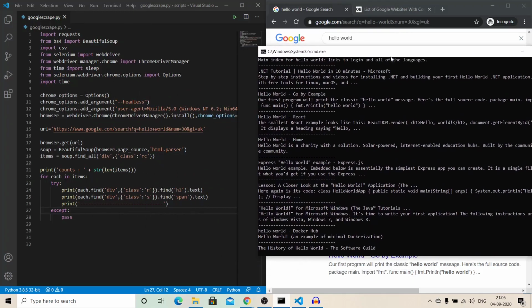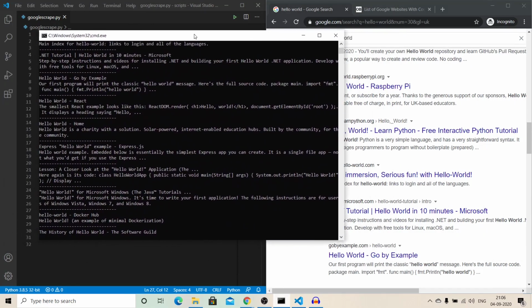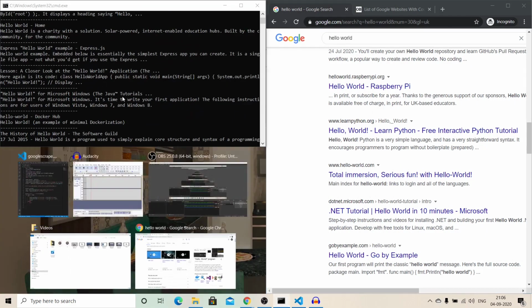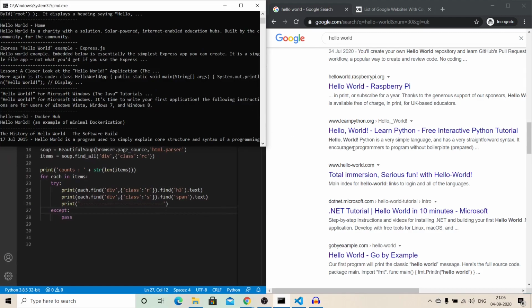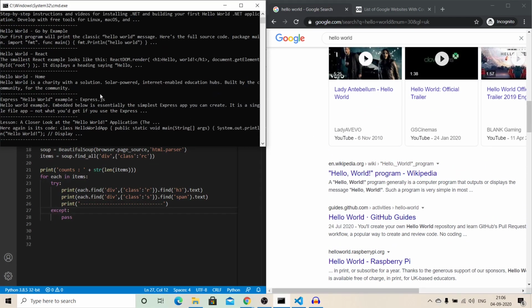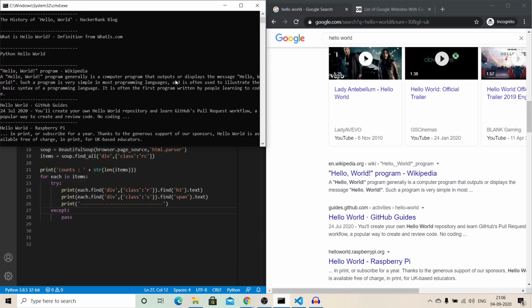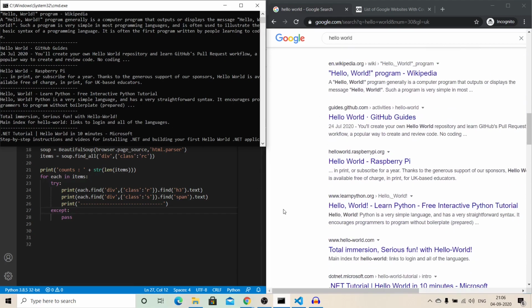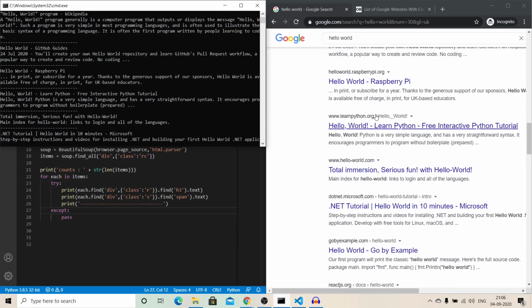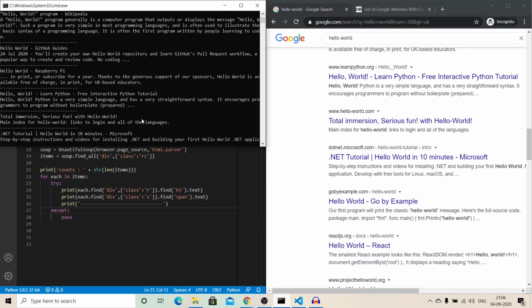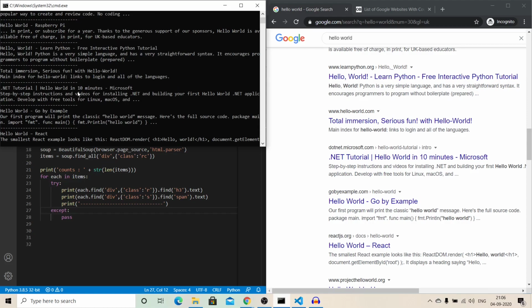So let's check if the result is okay. We have Wikipedia over here, then the GitHub guides, then Raspberry Pi, then Hello World by Learn Python. We can actually fetch this particular URL depending upon our needs. So we have the .NET tutorial and everything. This seems to be working fine, and we are getting the result which we want.